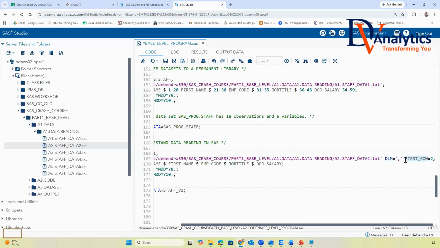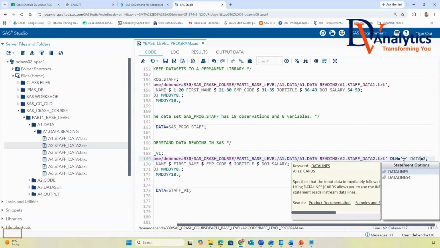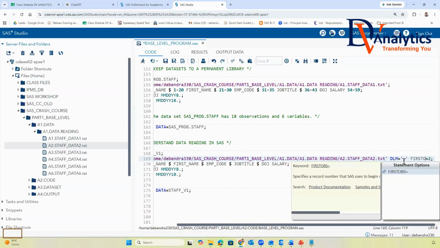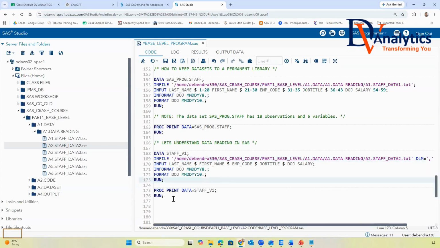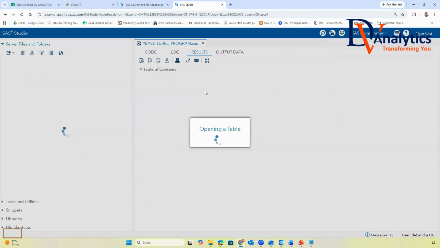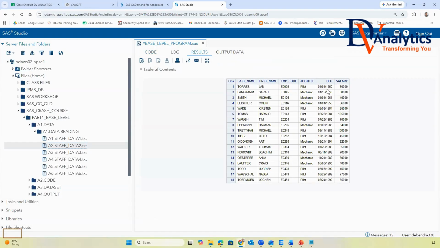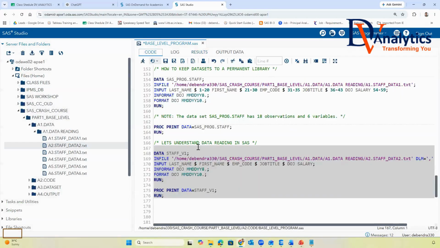Or maybe it is called firstobs, I think. firstobs is equal to 2. Now if you run this program, see what is happening. Does it give you the right output guys, everyone? Yes or no? Yes, sir. So this is how we go for reading this data.